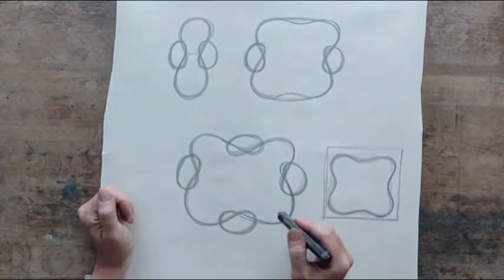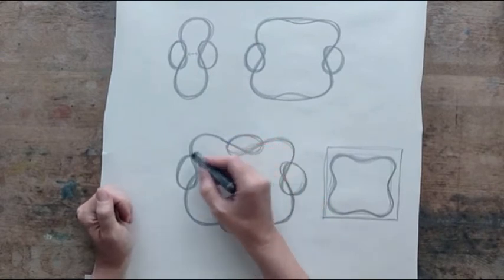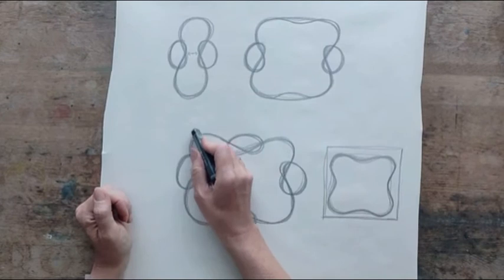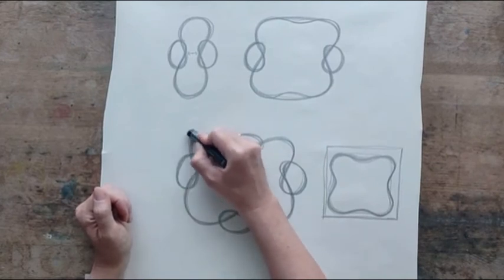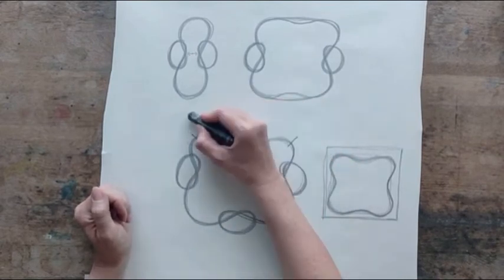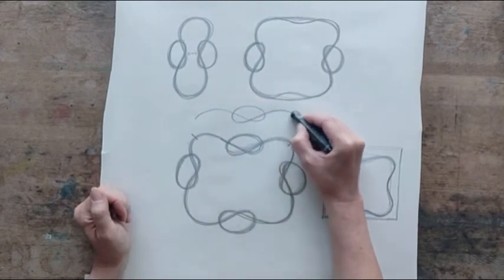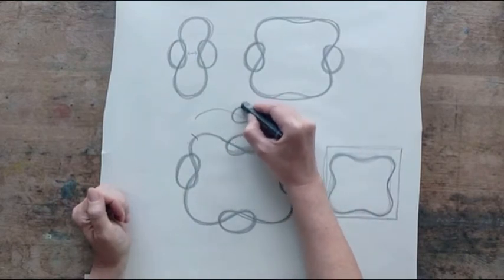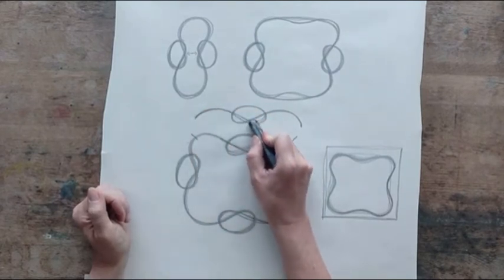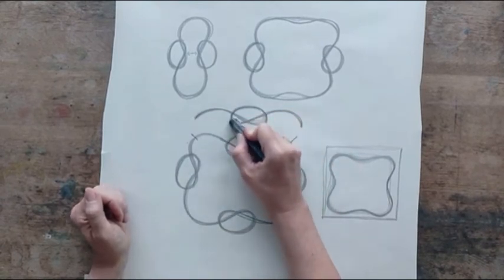Now, if you're finding that it's still difficult to do this form, what you can do is you can practice these binds individually. So you can go through and you can say, okay, so what does the bind look like? So the bind or the line, I want to practice this part of the line. So then you create your line here. Now, obviously I'm going the wrong way. I'm not intending for you to do that. So you just go like that and then round, and you just keep doing this,